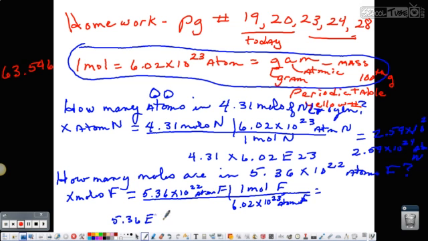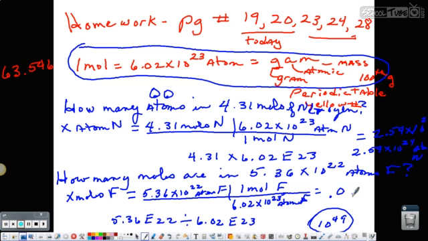Calculation. 5.36 E22 divided by 6.02 E23. If you come out with some number like 10 to the 49th, you have messed up. There are no numbers that you will ever get that are 10 to the 49th. You put it in your calculator wrong if you get that number. So go back and put it in your calculator correctly. So we're going to put in 5.36 E22 divided by 6.02 E23. And our number is a little number,